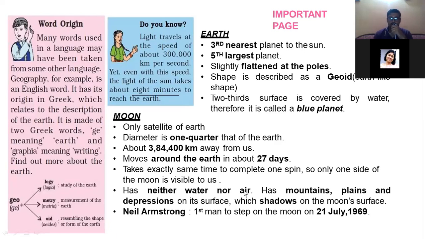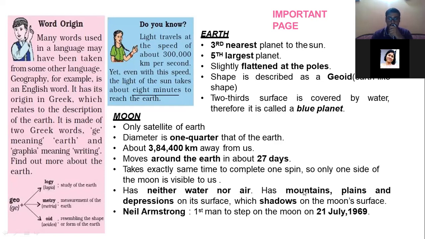But recent research has suggested that the moon has neither water nor air, so life cannot exist there, because water and a good atmosphere are the basic requirement for humans to live. So might be the moon is not a favorable satellite to live on.